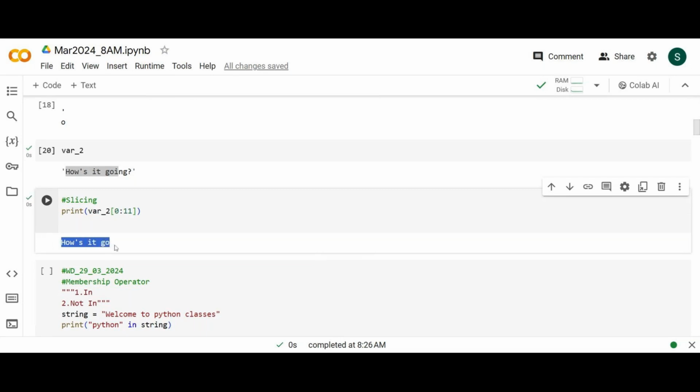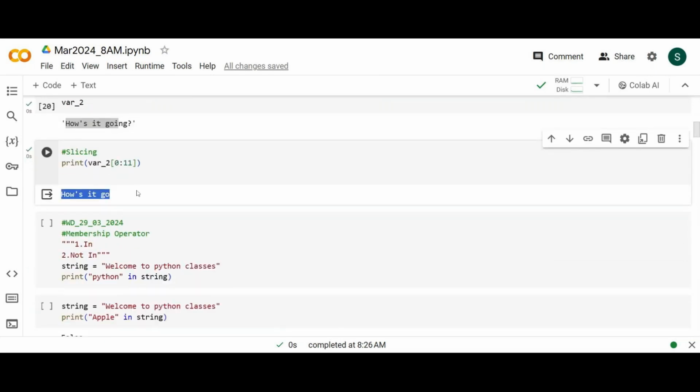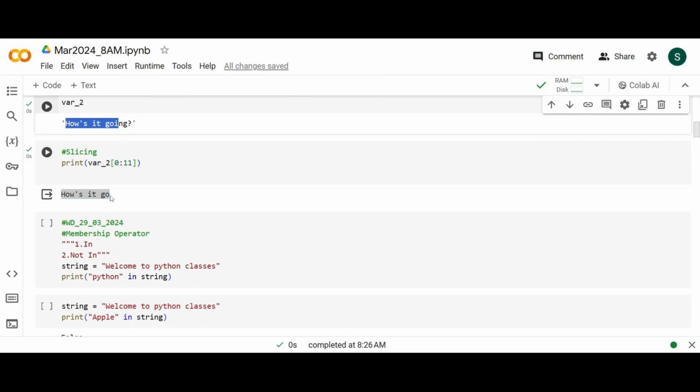So remember when you're talking about slicing, slicing is what? Fetching those values till that number. See, indexing is fetching only one element, but slicing is fetching a subset of that entire set. This is a subset, because this is an entire set. We're trying to fetch this